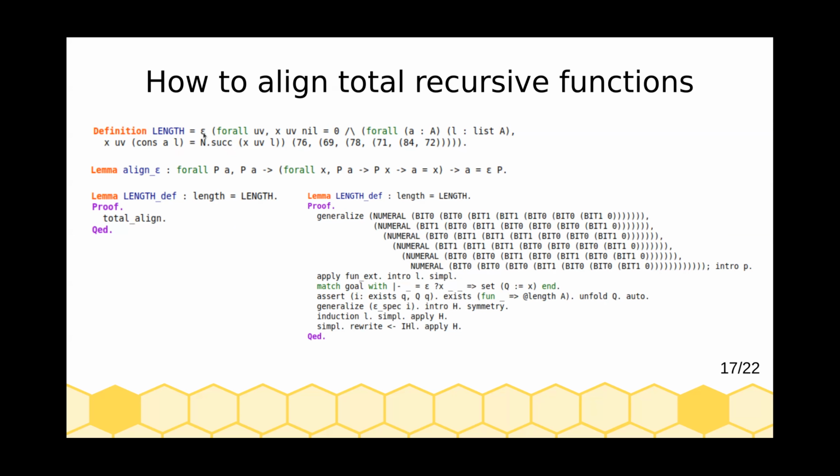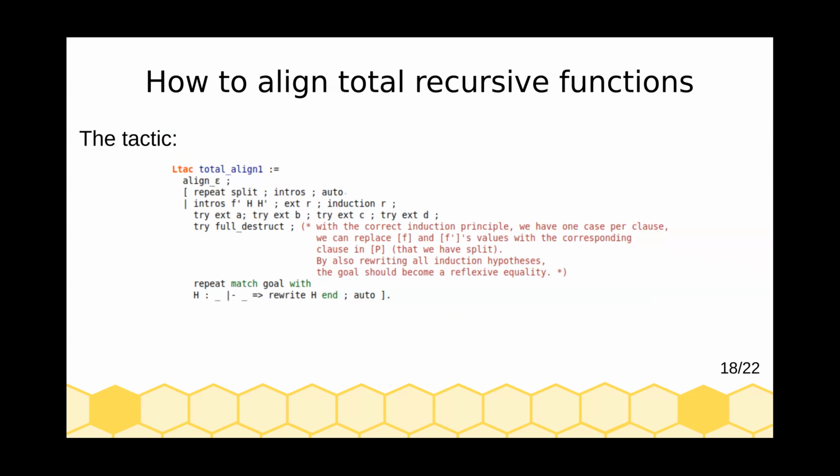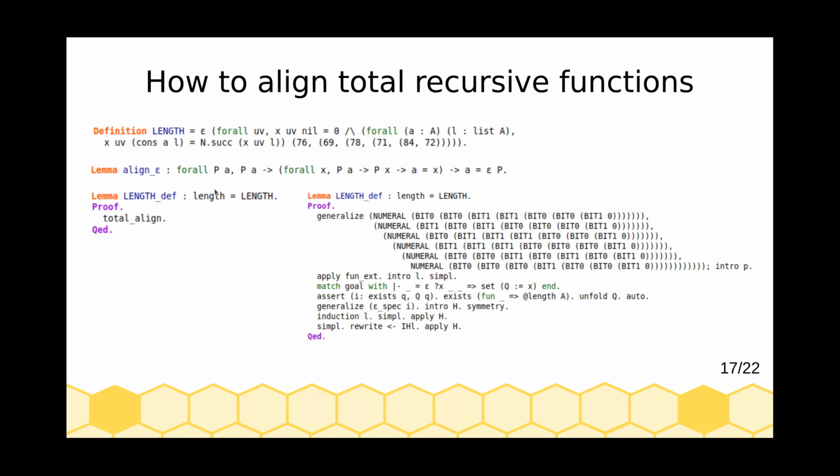What we are using is a theorem stating that if our object satisfies the predicate P, and if P is uniquely satisfiable, then our object is equal to epsilon of P. What's useful is that I'm using a tactic, align epsilon, created by Theo Winterhalter, that does both applying this theorem and also completely getting rid of this unnecessary element from the context altogether by applying some